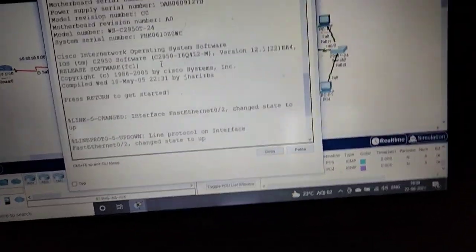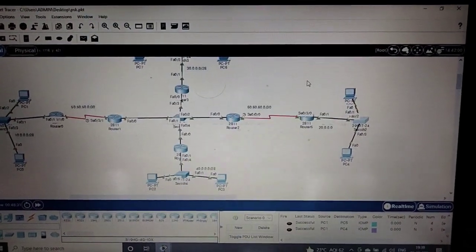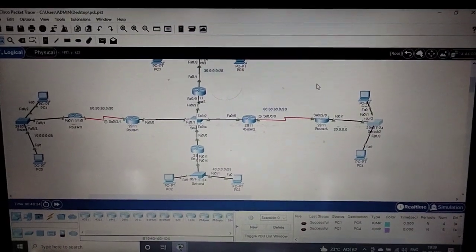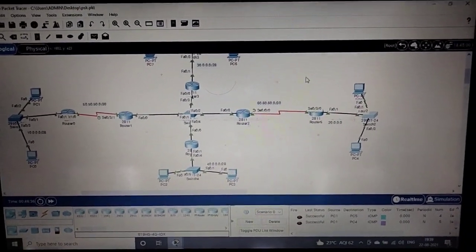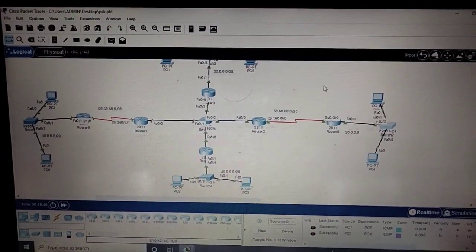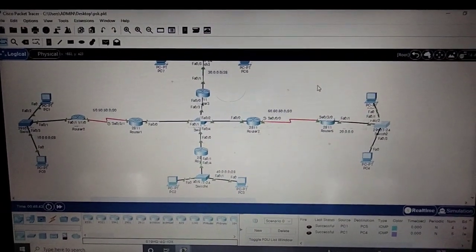Next we have another process in switches. In the next video I will show you switches, how to create VLAN, and after that how to create routing in VLAN.